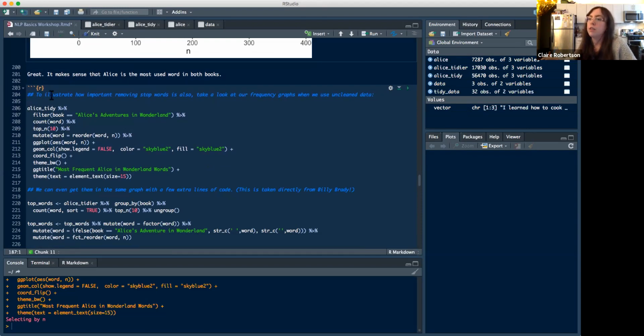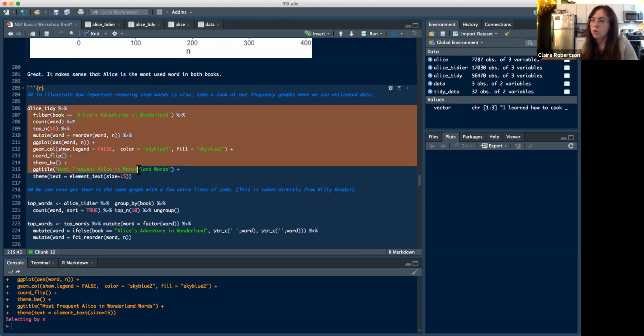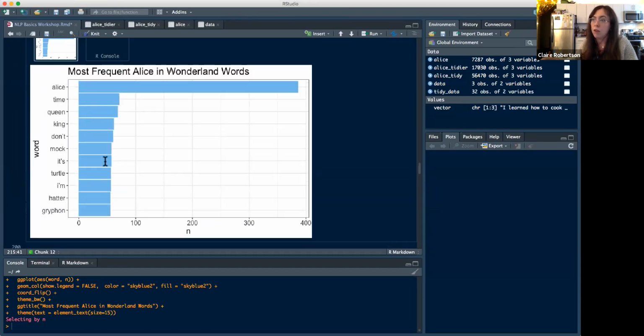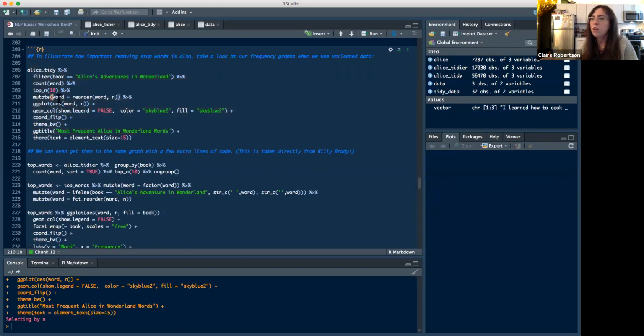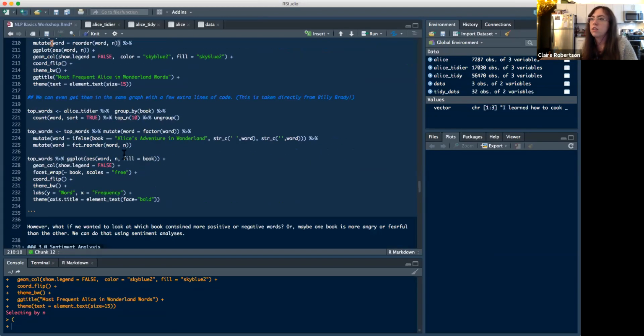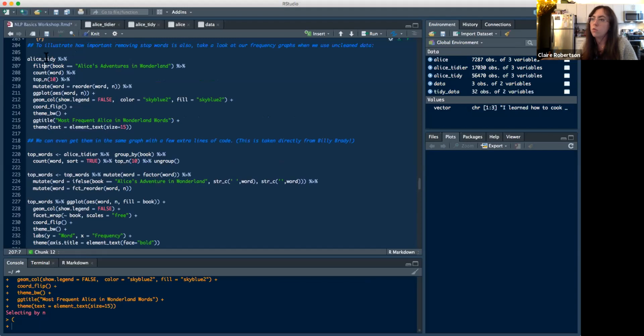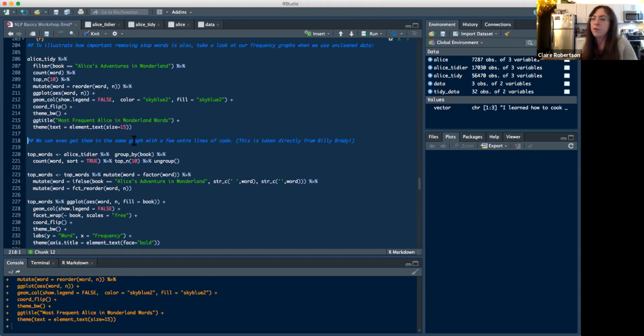Oh, okay. So I also just wanted to illustrate why removing stop words is really helpful. So this is that data set that we didn't remove the stop words from. This is exactly the same code as above. So it'll put out a graph exactly like this. And if we run that, oh, if I run not just one parenthesis, okay, if we run that,